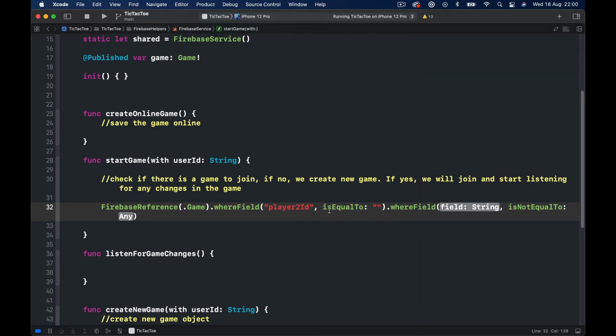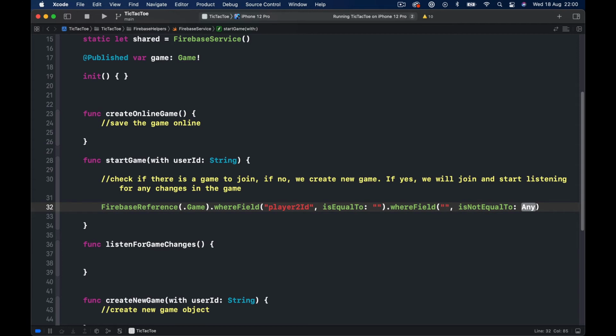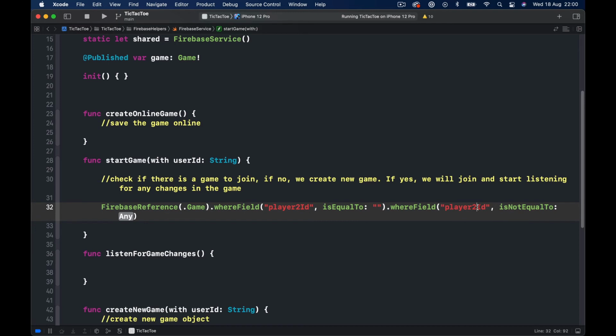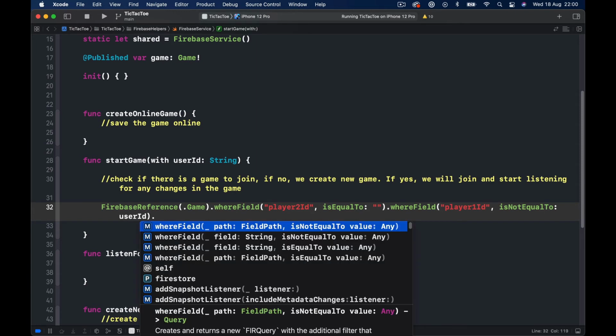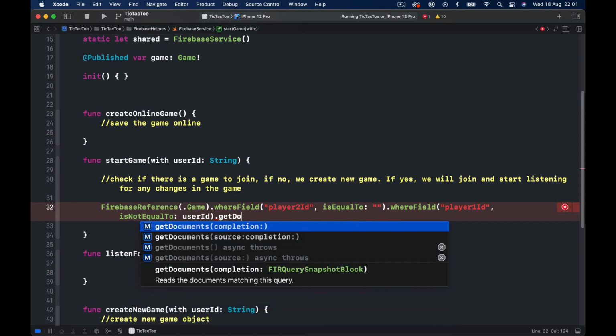So I want to make sure that I join the games only where player 2 is not set yet and that player 1 is not me. So I will say this is a string, and let me just copy this, paste it here, and say player 1 ID is not equal to, and this is where we pass our user ID. So it's not equal to our current user ID. So we don't want to join this game. And then whatever is left, we want to get all these files. So we say get documents,